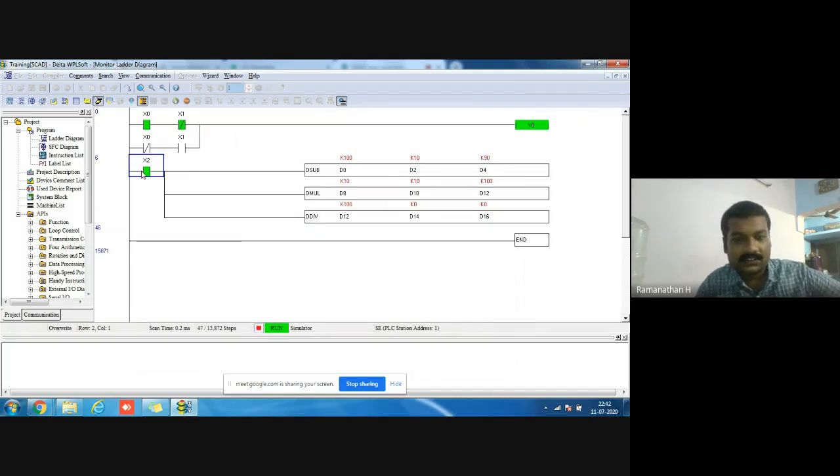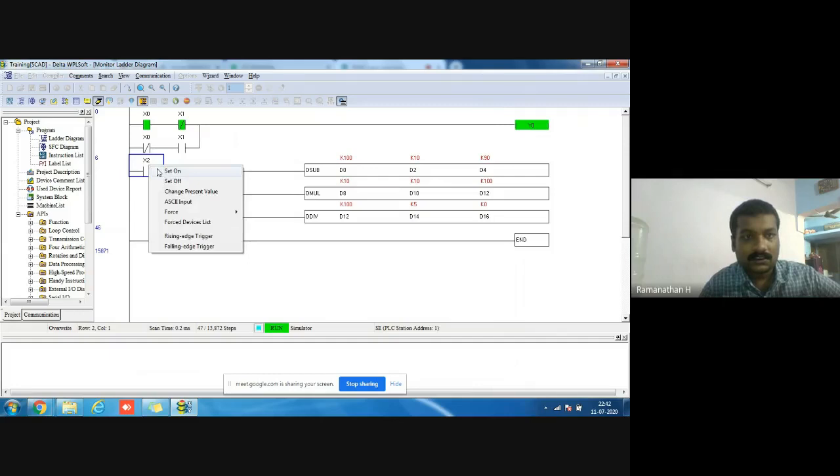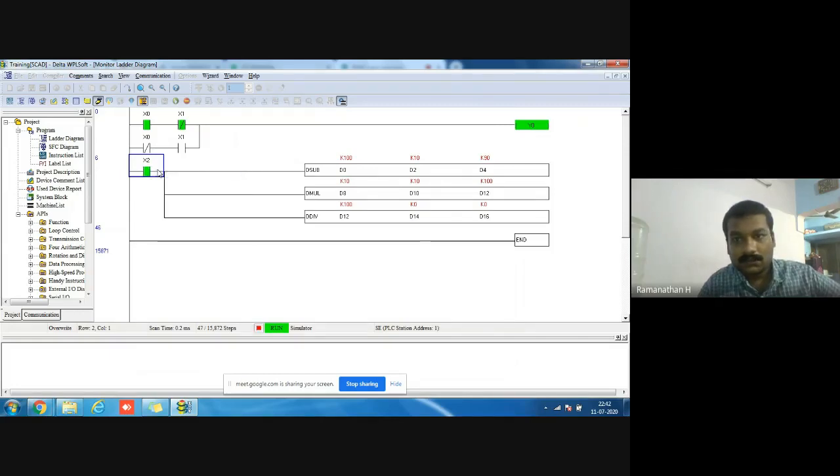Wait. D14 I think. Now I just turn it on. What happens? 100 minus 10 is 90. 10 into 10, 100. But here, both of these registers are clashing.